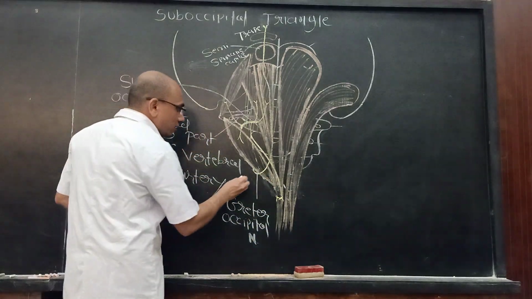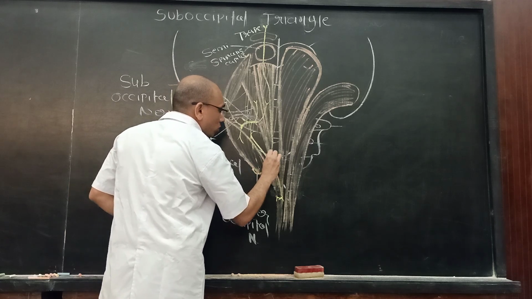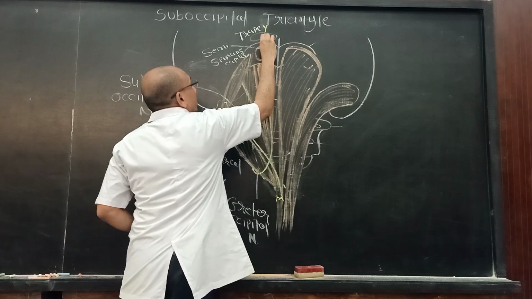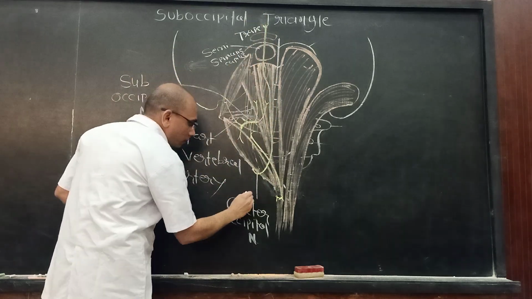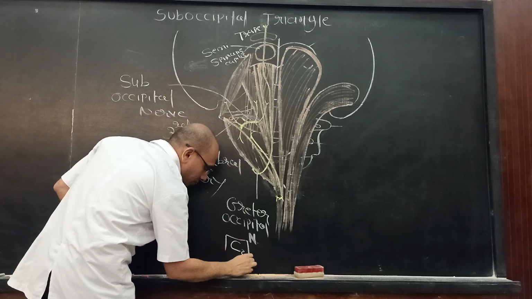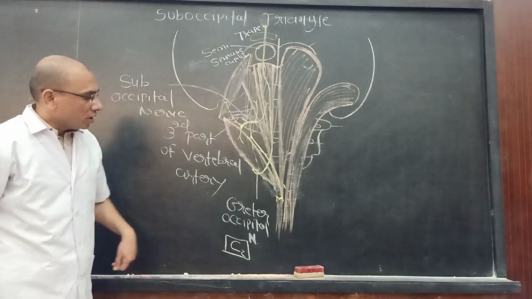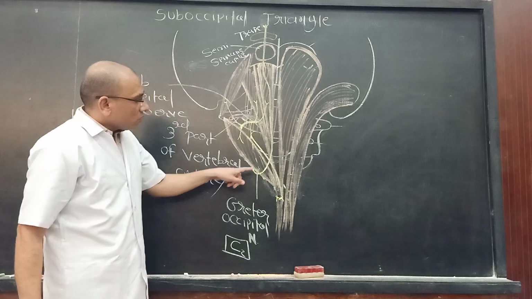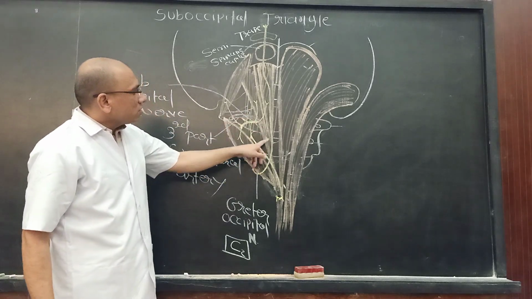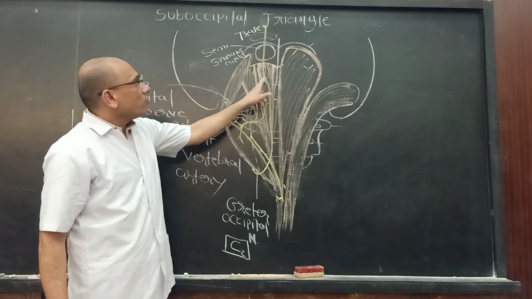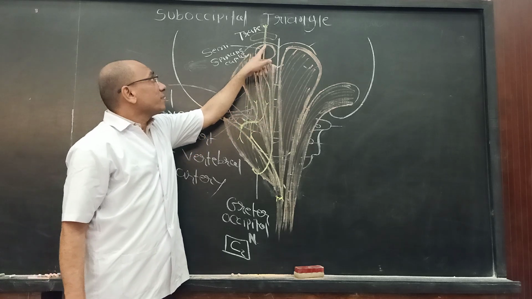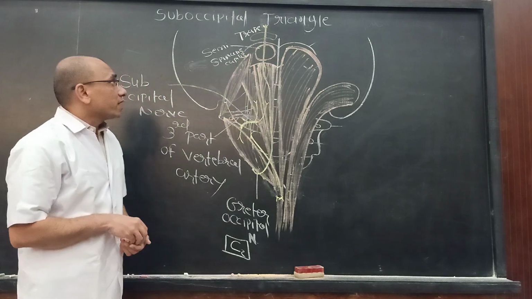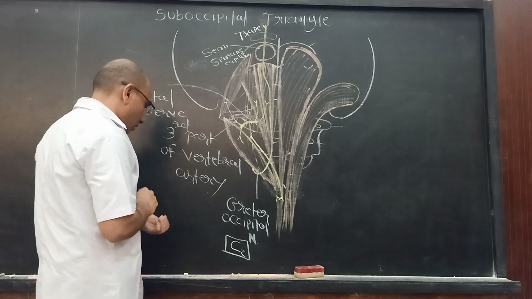It is the thickest cutaneous nerve in the body, greater occipital nerve. It is the medial branch of dorsal ramus of C2. It is called greater occipital nerve, which turns around the lower border of this inferior oblique muscle, crosses the inferomedial part of this triangle, crosses the rectus capitis posterior major and minor muscle going upward. It clears the semispinalis capitis, it clears the trapezius, and supplies the posterior part of the scalp up to the vertex. It is called greater occipital nerve.